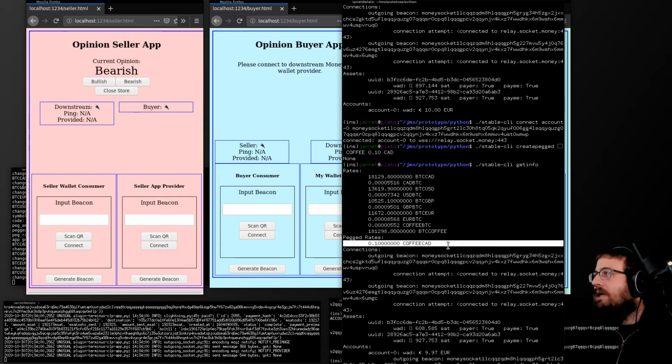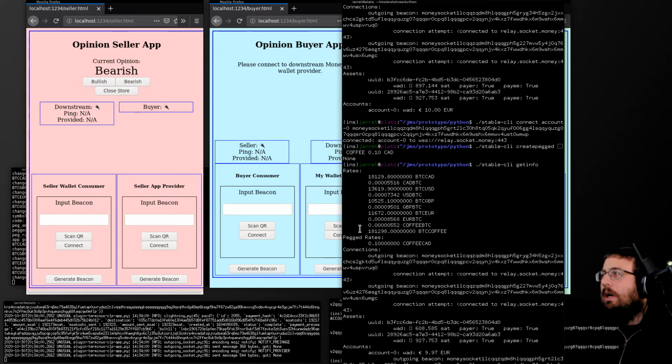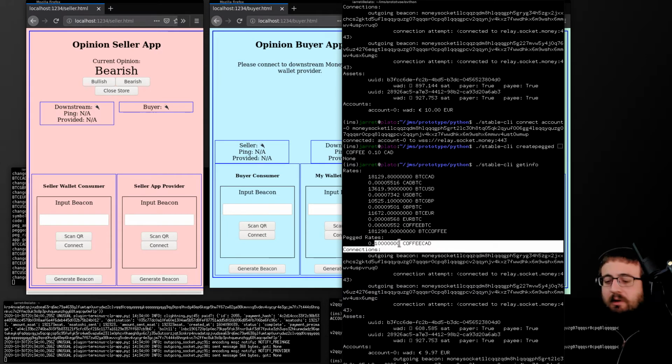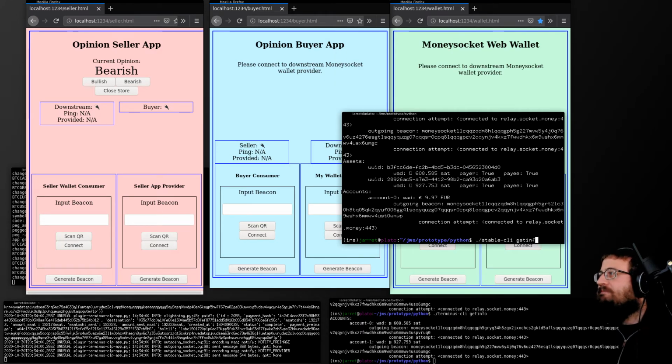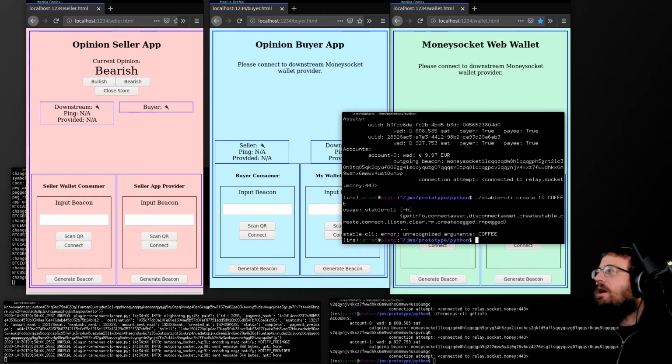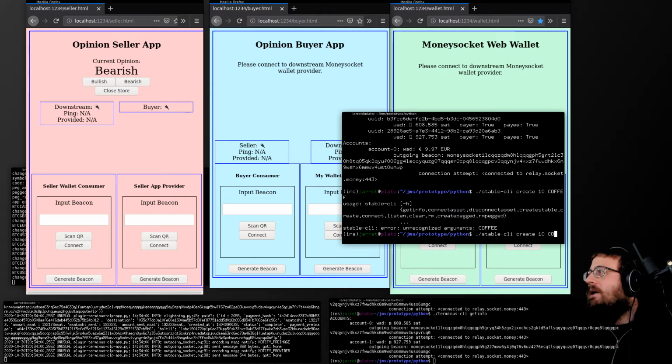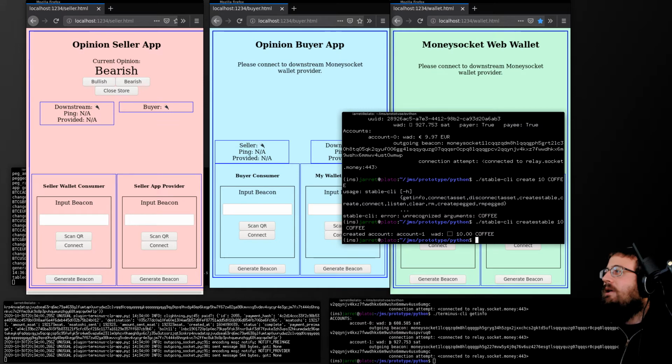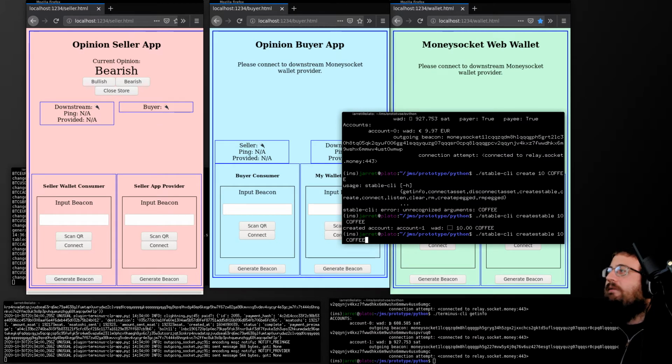Yeah, right here, pegged rate, coffee CAD is that, and then it translated what a coffee per Bitcoin and Bitcoin per coffee rate is. So it has that available. So then we can create an account of 10 coffee, create stable 10 coffee. So it created account 1, which has 10 coffees in it,